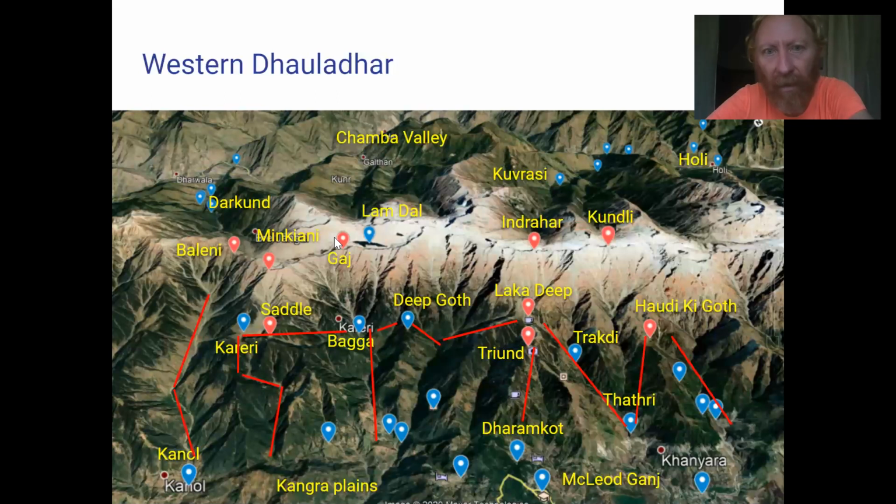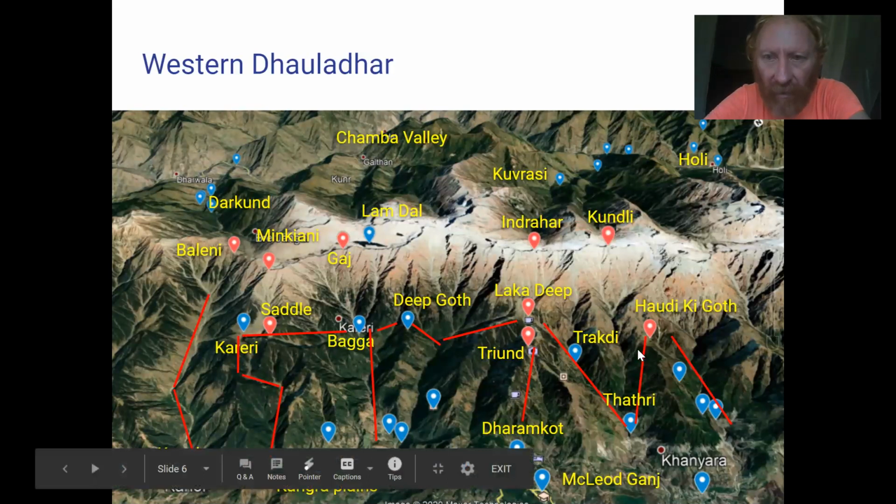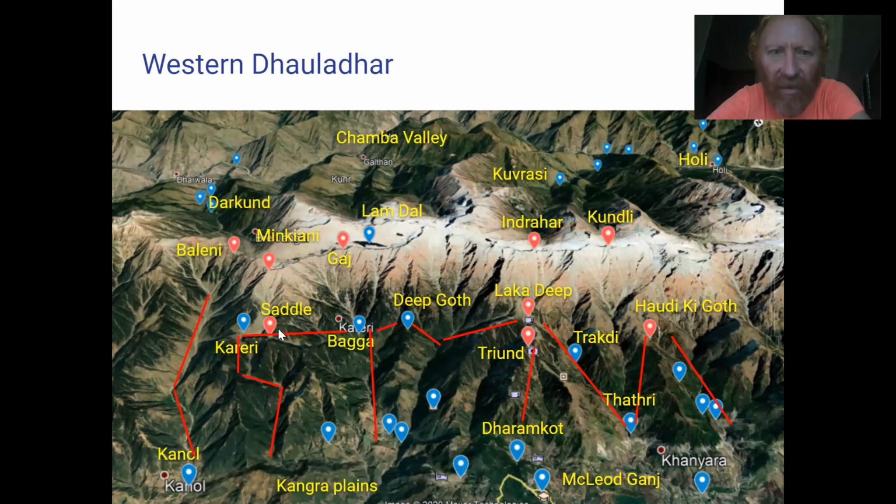During the mid-August time frame, many of the local people visit these places and consider them sacred. Many passes traverse towards various villages, Kuvarasi, Darkund, and the Chamba sites. But as you can see here, in these red line drones, you also have a lot of interior hiking routes, beautiful hiking routes where you actually stay midway below these snow-covered high ranges and go to amazing